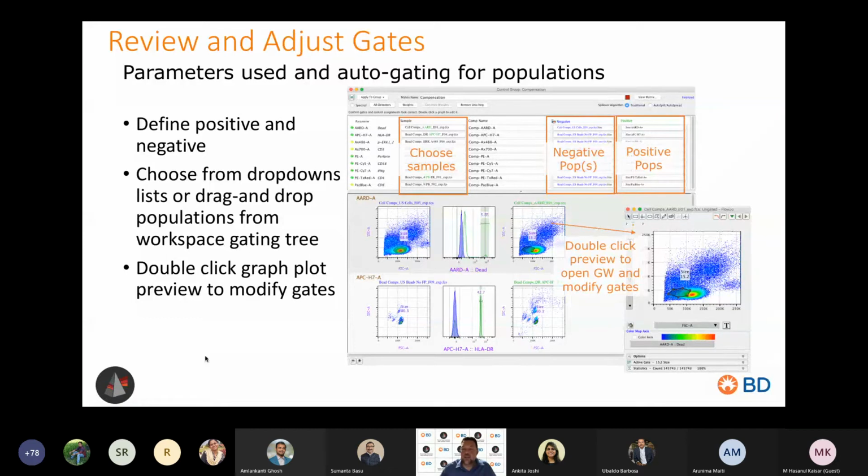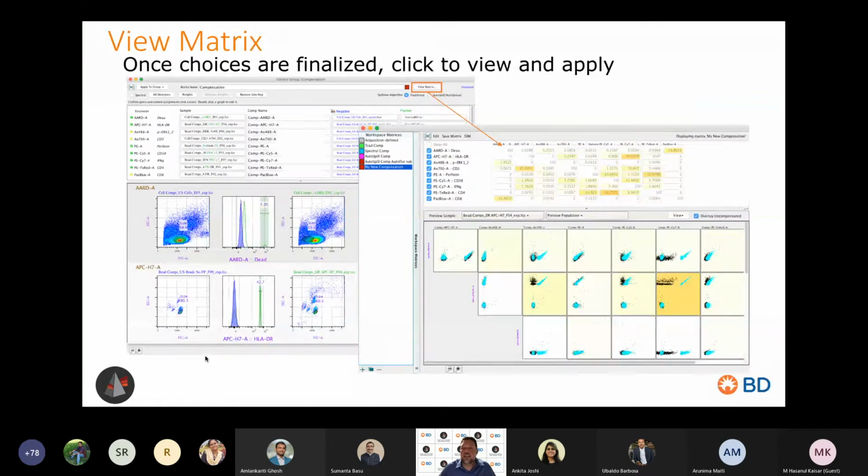then you're ready to actually view the matrix and create the matrix calculation and apply it, as long as you've accurately defined your positive and negative fractions. Once you've done that, you're happy with your positive and negative setup, and this window looks good, viewing the matrix is the easiest thing to do before applying it, and I recommend you do that. You can apply the matrix to a group, but it's always worthwhile bringing up this window and making sure that